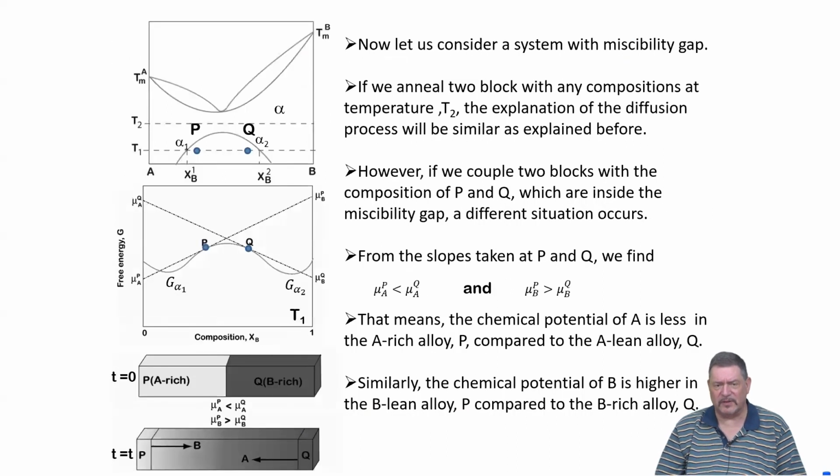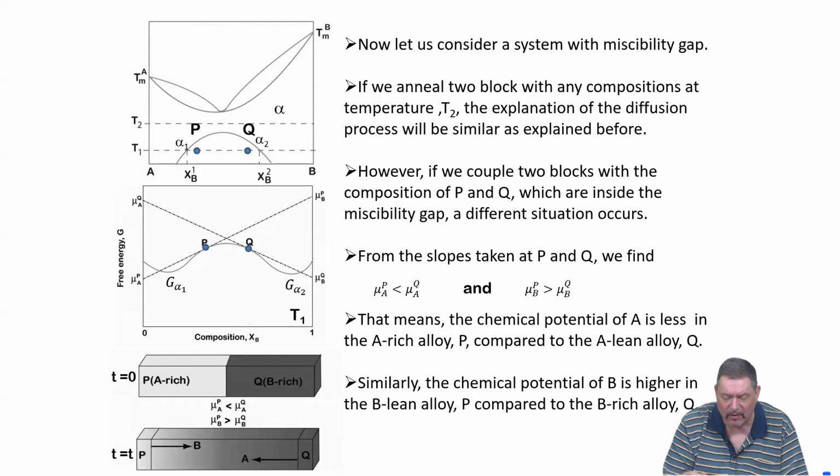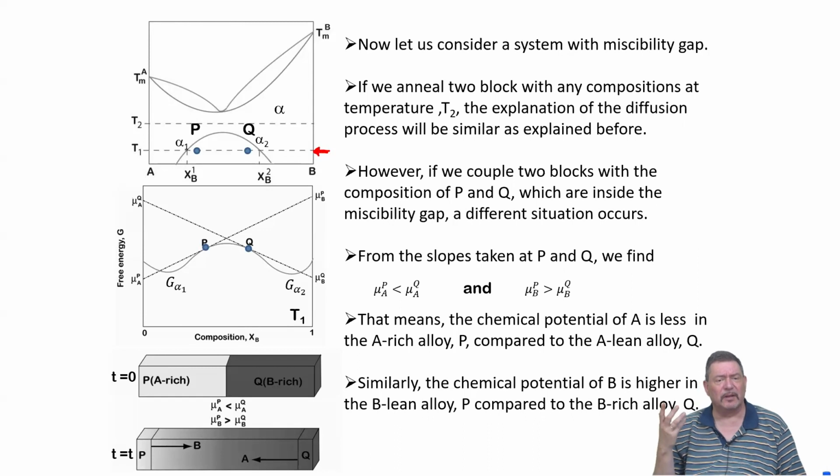Now we go to a different system. We have now a phase diagram where we have a positive enthalpy of mixing, giving rise to a miscibility gap in the solid state. And so our system is really important to be looked at at this temperature here. So we do the same mental thought experiment, right? We have a block P, a block Q, we bring them together, have one unified system, one energy functional to describe the whole system. So what happens? What happens is shown here.